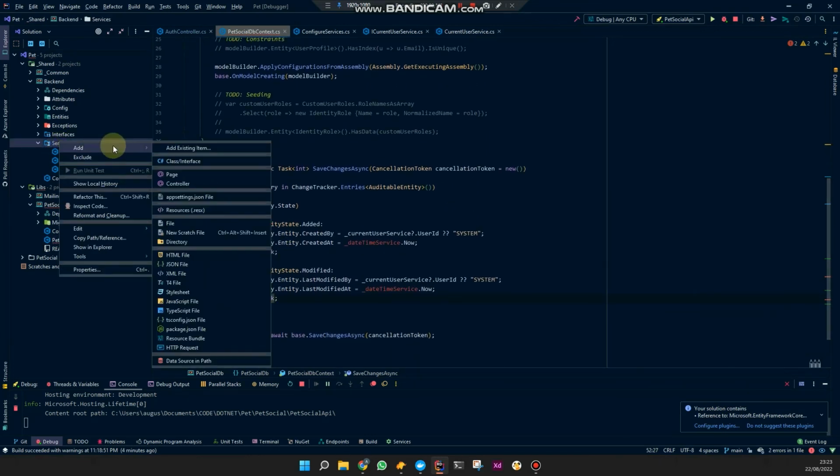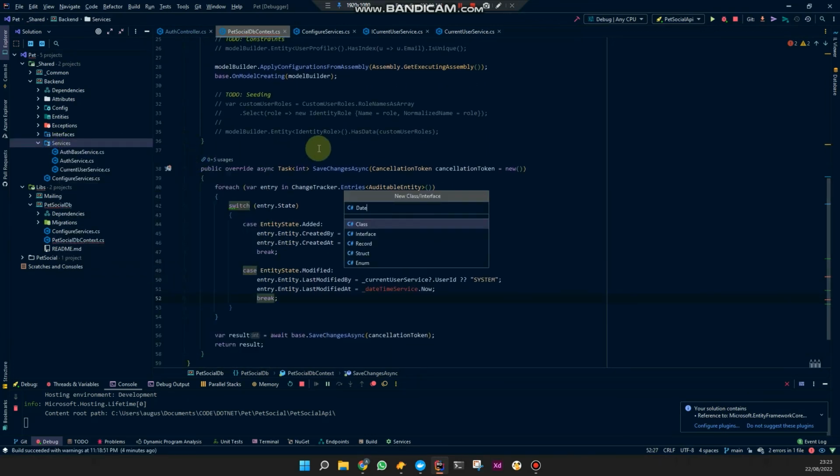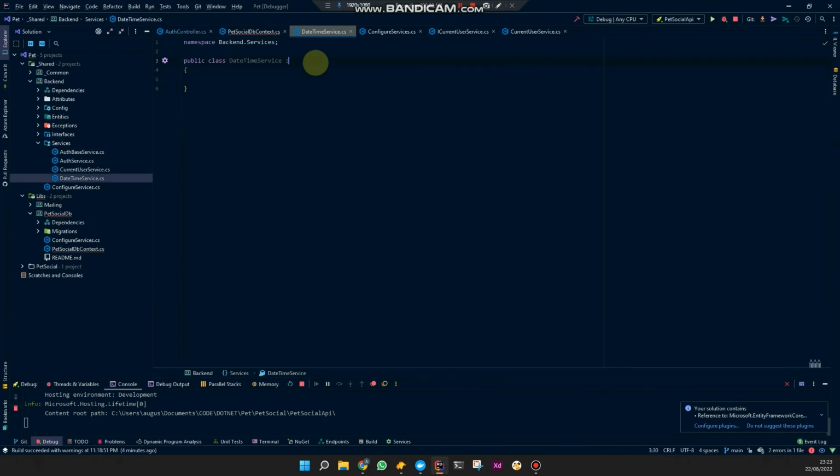So add this datetime service. Is this called correctly? Have it datetime service. That's just going to return public. Is it datetime or what is it? Just now set. I think it's just going to do this time, but now